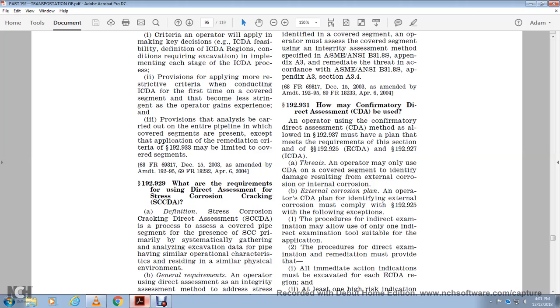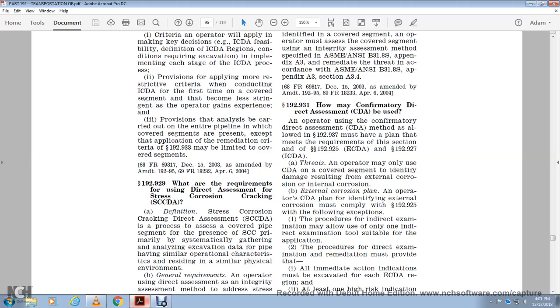ECDA 192.927, ICDA. The threats for the operator with the main CDA for the covered segment: the conformity direct assessment for the covered segment of damage resulting from external corrosion and internal corrosion. External corrosion plan: the operator with the conformity direct assessment plan identifying external corrosion must comply with 192.925 with the